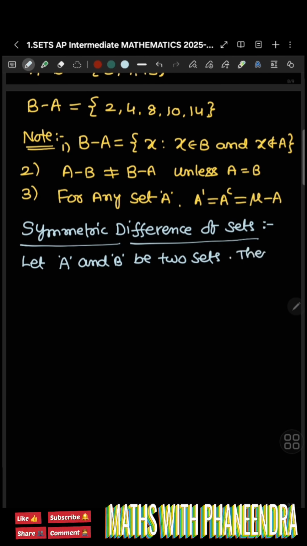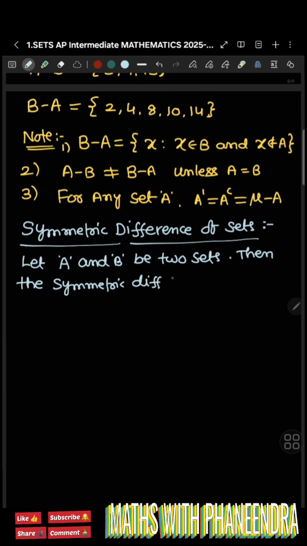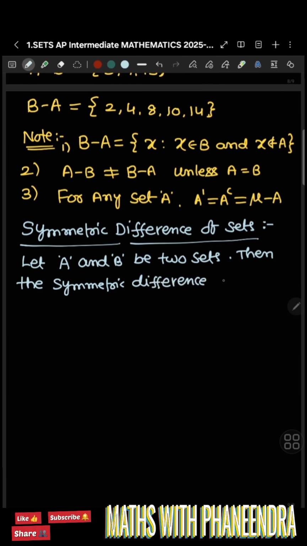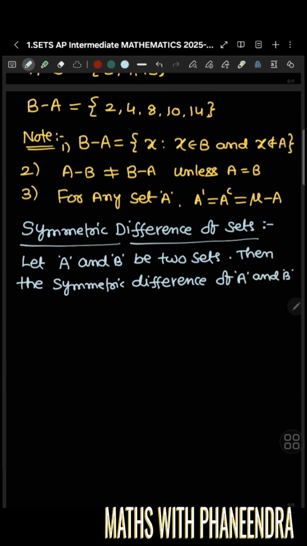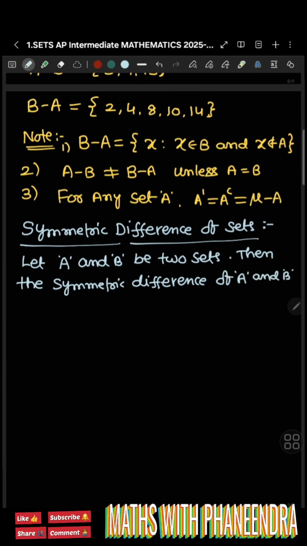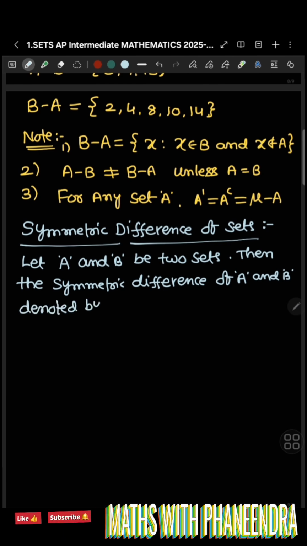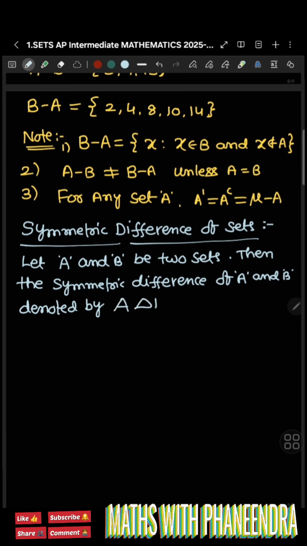Then the symmetric difference of A and B, denoted by A delta B,